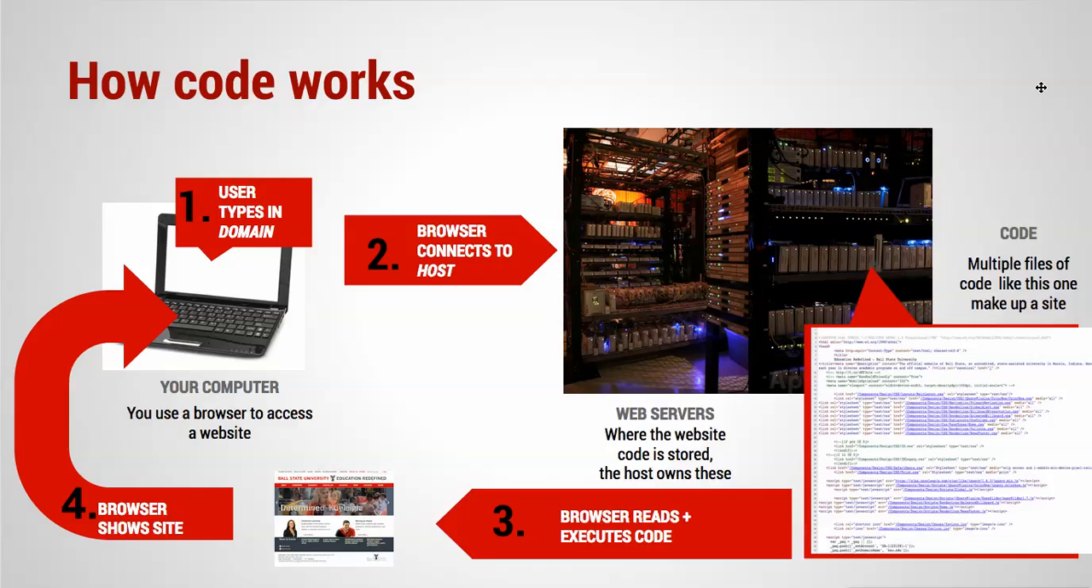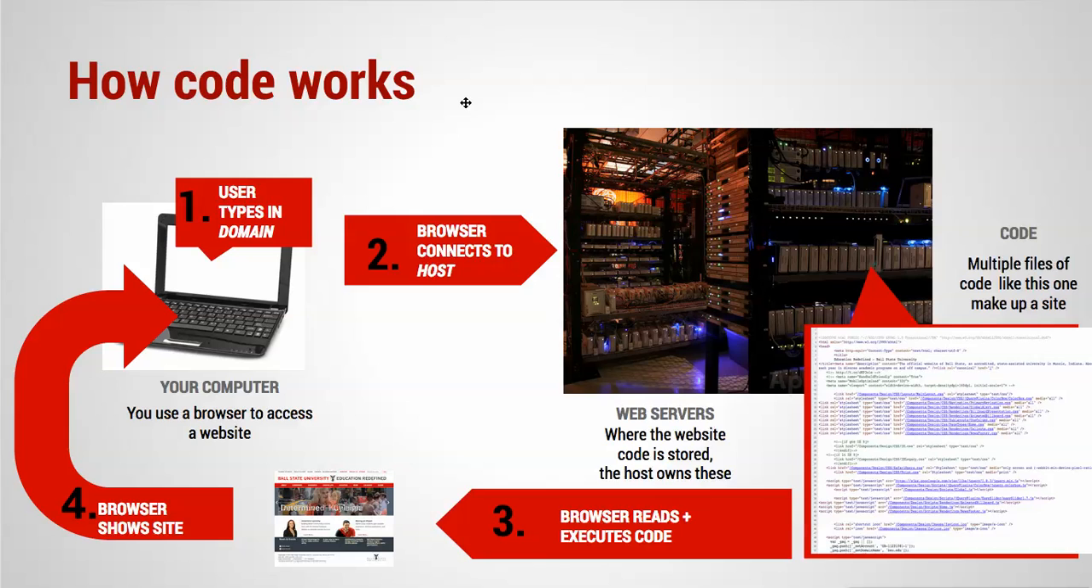So the browser looks at all the code and it says, okay, these are commands, I'm supposed to do what this says, and it converts the commands in the code into the actual site. So this is the code from the front page of bsu.edu. Your browser turns it into what we call the front end, what the user sees,